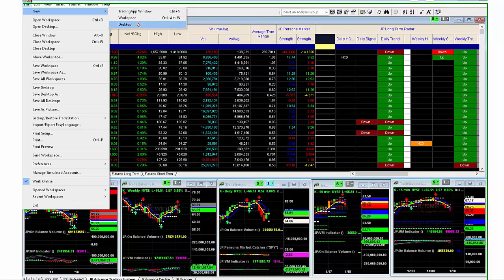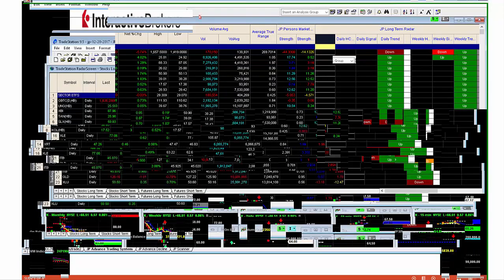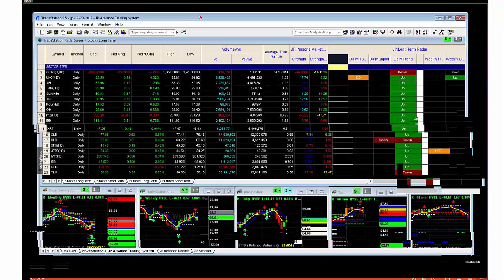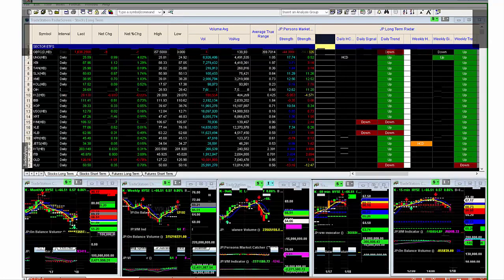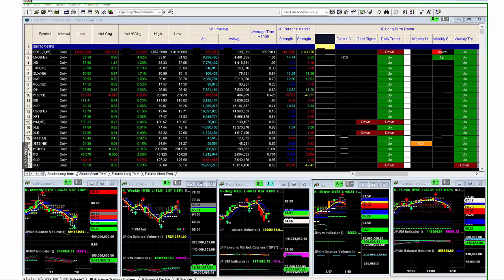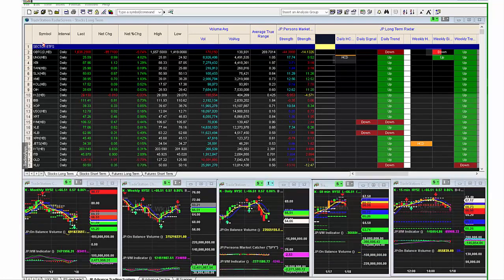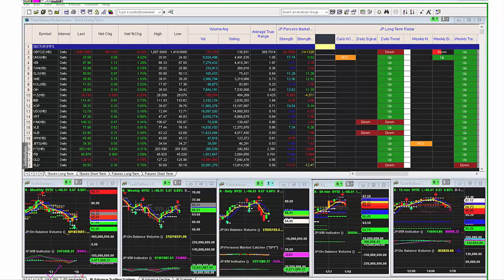What is a desktop? A desktop is the entire package, your entire screen of TradeStation. It's not the desktop of what you think is your desktop of your computer. It is the desktop of TradeStation. Now, within that, you have a desktop with folders, tabs at the bottom here. Right now, you can see that I'm on the Advanced Trading System folder.